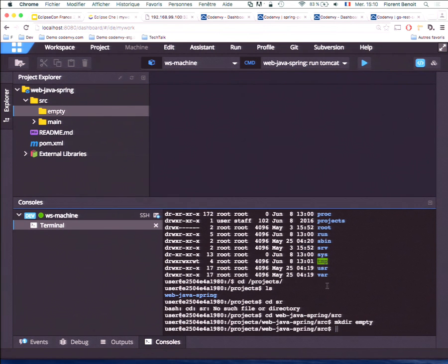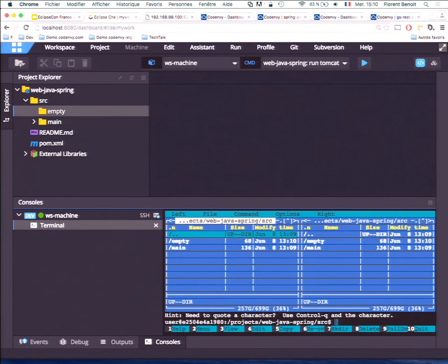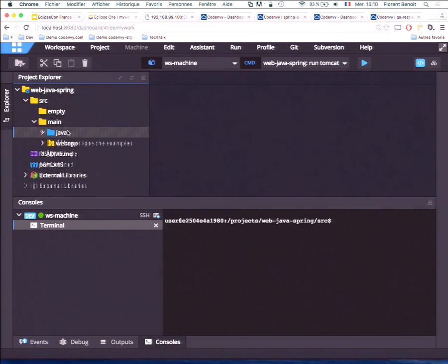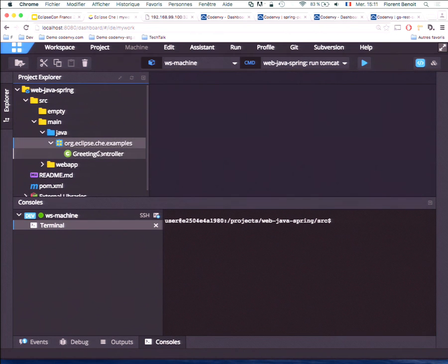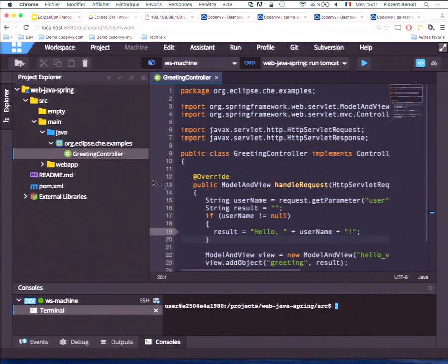I can use some graphical stuff inside the terminal as well. So, yeah, you really have total control of your Docker container, and you can install anything that you want inside of the container as well.